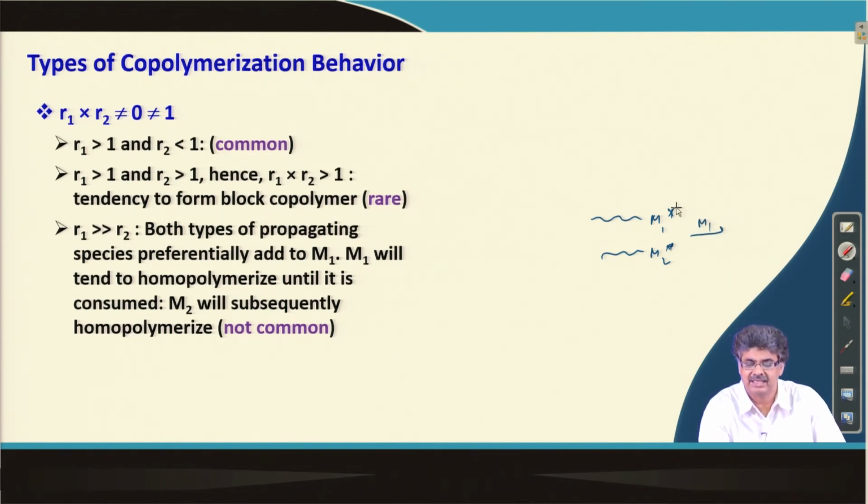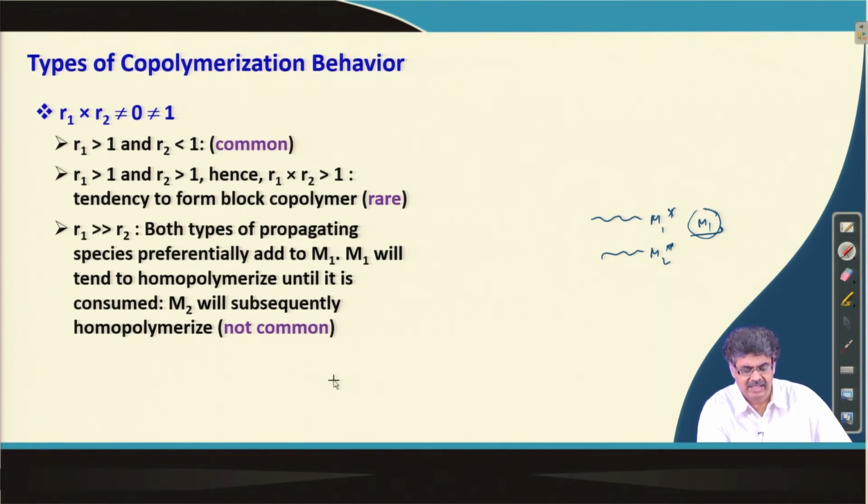This is more. So, as a result we have a tendency to first consume M1, because M1s are more reactive towards these two. So, first all the M1s will be consumed. So, basically we will result in homopolymer of M1, and then when M1 monomers are consumed from the system, then we will have M2 homopolymer. So, basically in this case possibility of copolymerization is less. We might result in that we first have M1 homopolymer followed by M2 homopolymer, but this is not a very